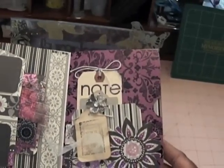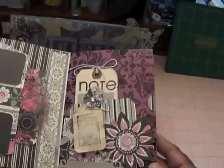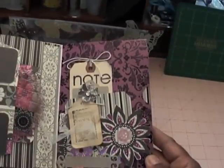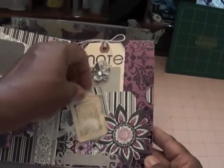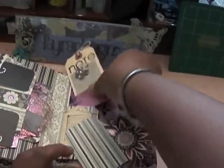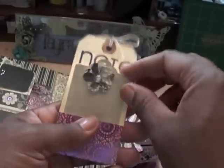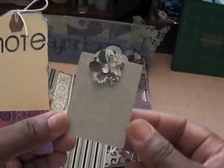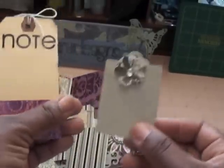And over here on this page, this is part of the pattern paper, and I fussy cut that flower and made a pocket. This is a Spellbinders die, and I think these are called fancy tags. And so I made some tags to go behind there. And this is just a regular shipping tag, and I created a pocket by adding some pattern paper on it. And this is a Cuttlebug tag, and I used again my flower punches and made a flower, added some bling,